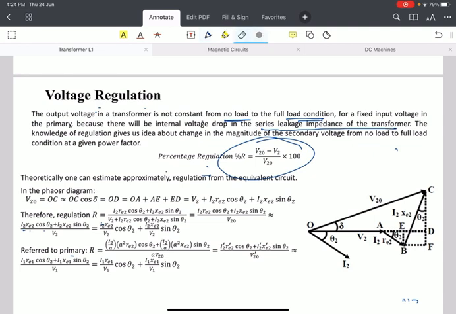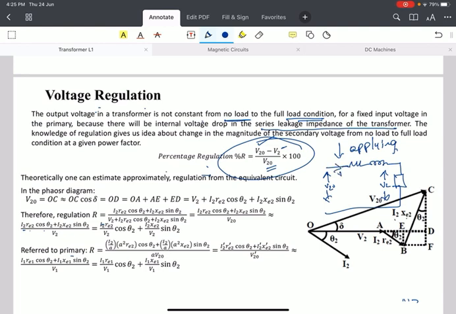If you are considering that the voltage of the transformer will drop when we are applying the load, then it can be with respect to the no load voltage, where V20 is the no load voltage and V2 is the full load voltage. So we can write it like this. This is V20, this is V2, with respect to the full load voltage and no load voltage. We have this I2 XE2. This is the current flowing through the transformer.